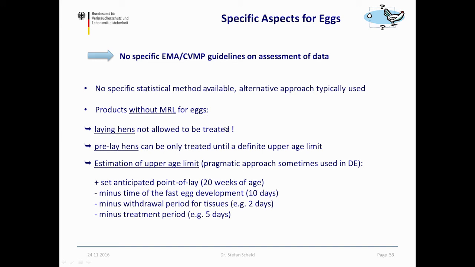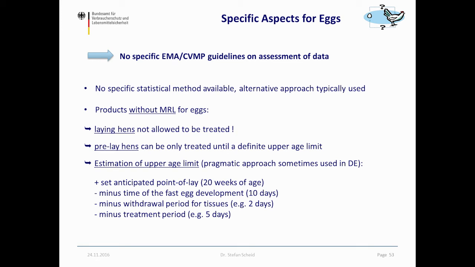Laying hens are not allowed to be treated, but sometimes pre-laying hens are treated, for instance with coccidiostats. And they can only be treated until a definite age. And there's no guidance on how to assess this, because also here you might find residues in the eggs thereafter. But you need to treat the pre-laying hens. What can you do? Not treat them,